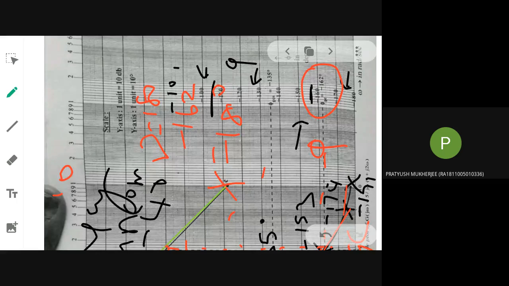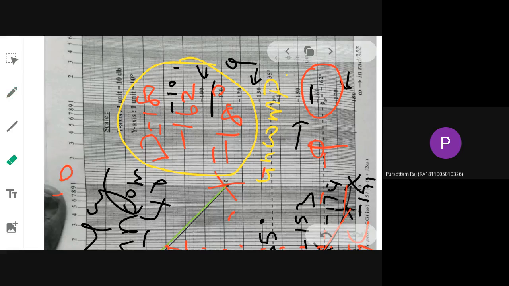What phase margin have they asked you to meet? Others should give me the answer. You have read the problem statement. What phase margin is the given problem supposed to have? Remember, this is 40 degrees, the phase margin that you are having. Okay, this is for an uncompensated system.